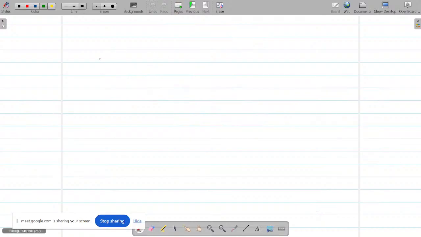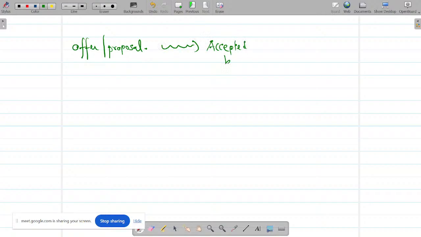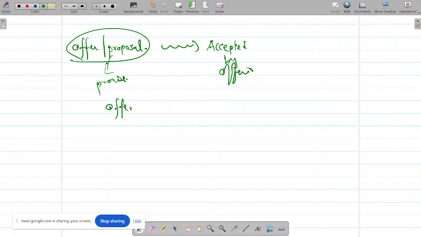And I hope you remember that when we were defining the very first topic, offer, there was another word we used. Offer, or what do you call it? Proposal. Yes, thank you. Only when this offer or proposal is accepted by the offeree will it become a promise. Only after it becomes a promise do we call this person the offerer, that is, the relationship comes only after this. This person is the offerer and this person is the acceptor.